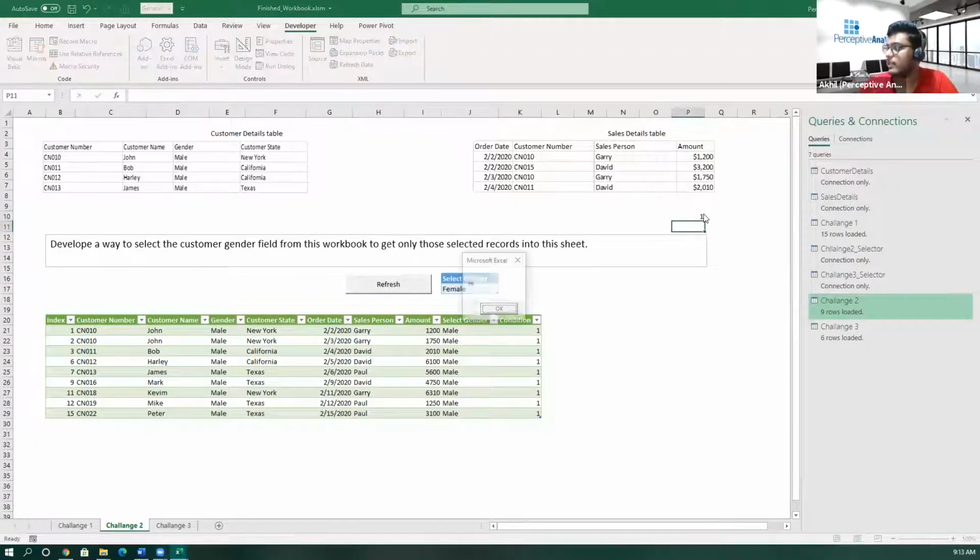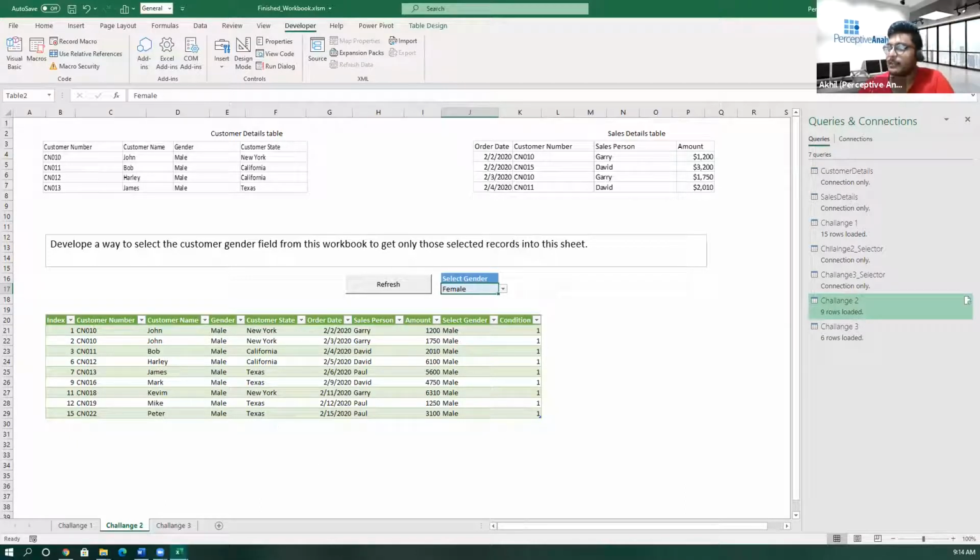Even if I change another one, you can see it says hi. Now we want to run that code only when this particular cell, J17, gets changed. Only for that cell, we need to refresh the complete data set.